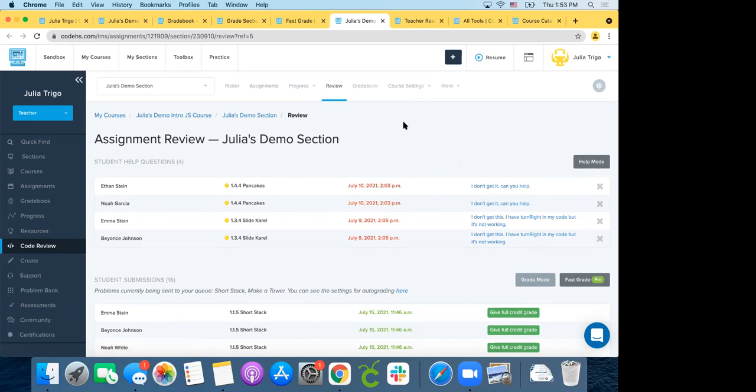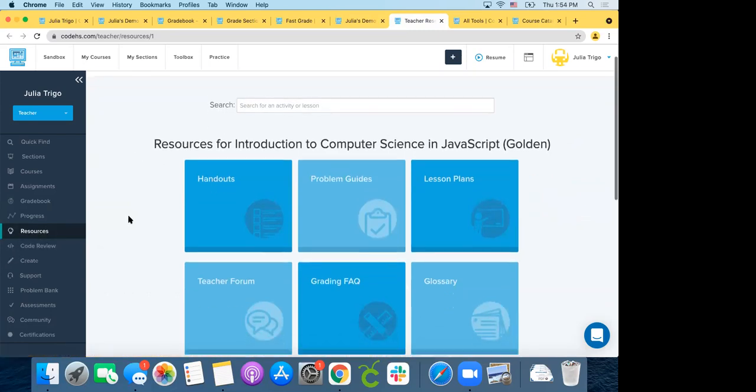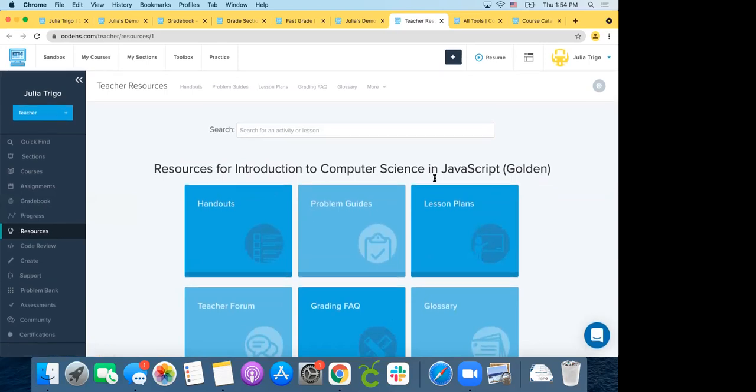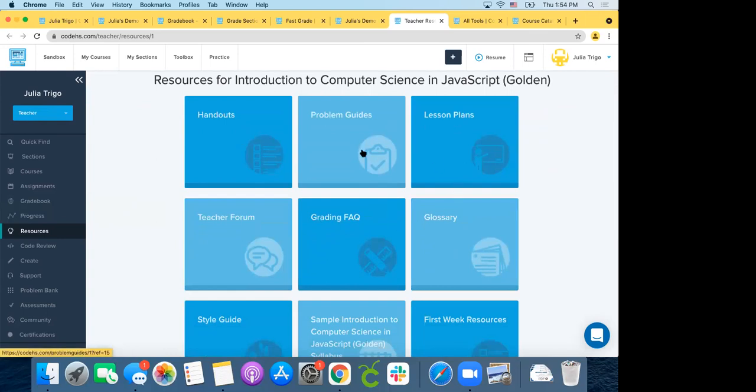Something that I definitely want to focus on today are the resources. So we talked about lesson plans and we saw some handouts. If you go to resources on the side here, you'll see all the resources for which course you're in. So you can see the handouts, the lesson plans, problem guides, all of these resources that we have here are available to everyone for the first 5 lessons for free. So even if you don't have Pro access, you can get all of those resources for those first 5 lessons of the course for free,